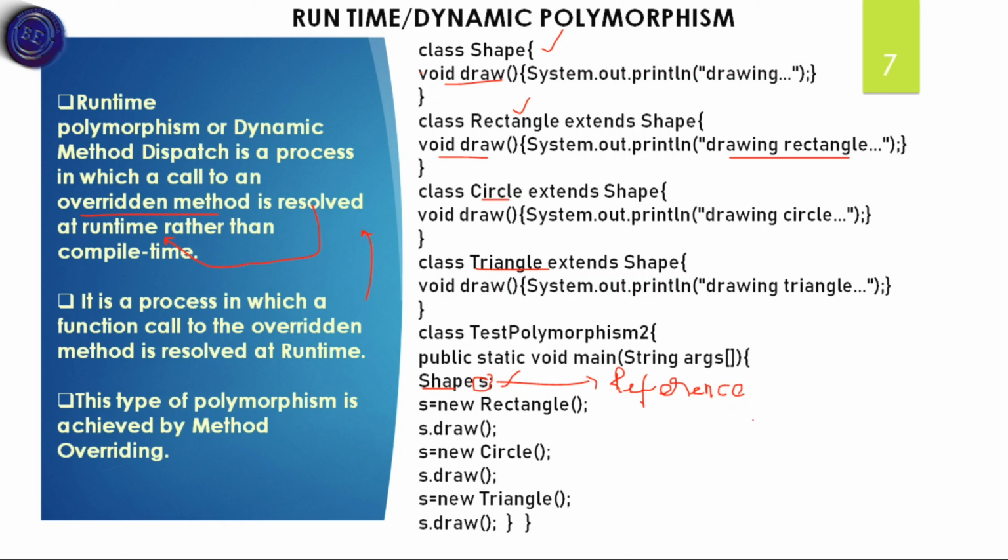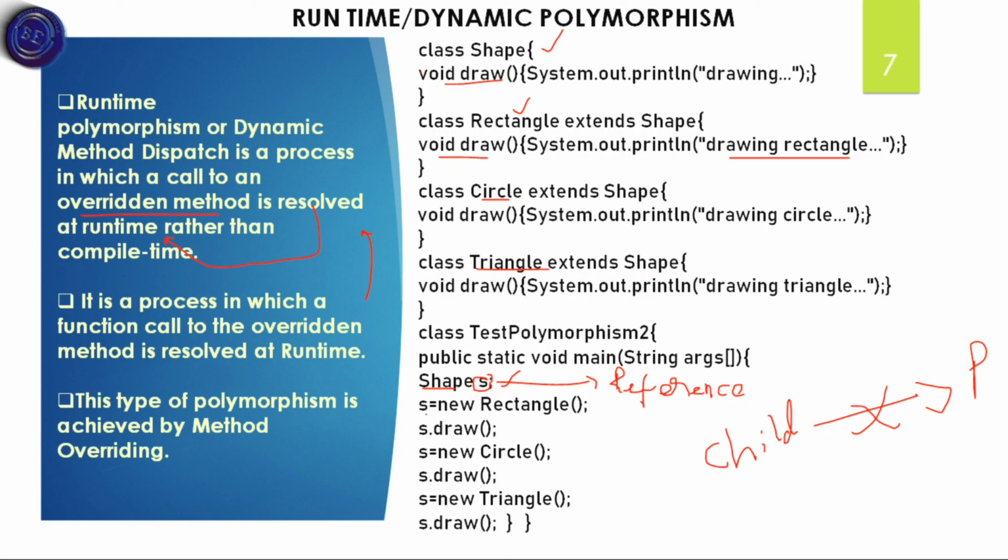We can use a parent class to point towards a child class, while a child class cannot point to the parent class. Here the parent class Shape is used as a reference. So s equals new Rectangle().